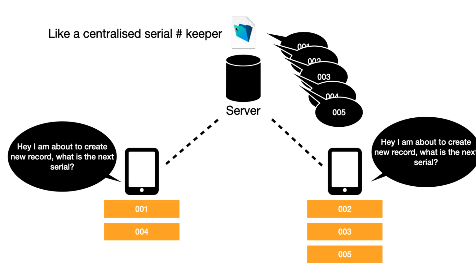Basically, this FileMaker file is kind of like a centralized serial number keeper. It's like a bookkeeper that keeps track of all these numbers. Now, in normal circumstances, this setup will work really well. But there's one really big problem that a lot of iPad solutions on FileMaker are going to face, which is that